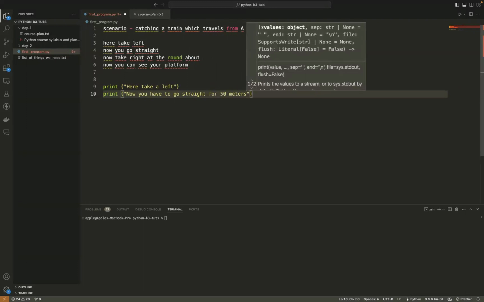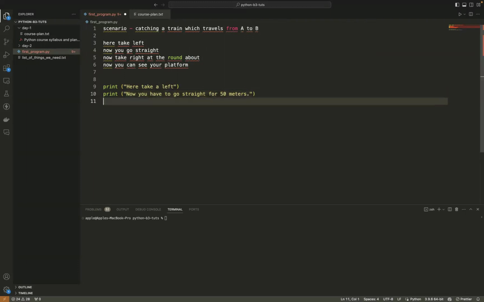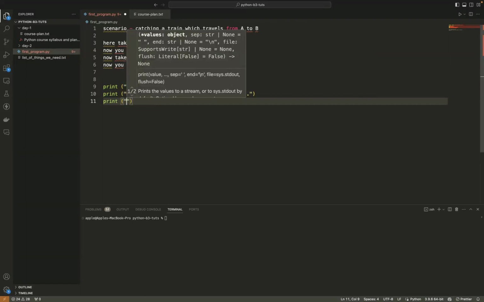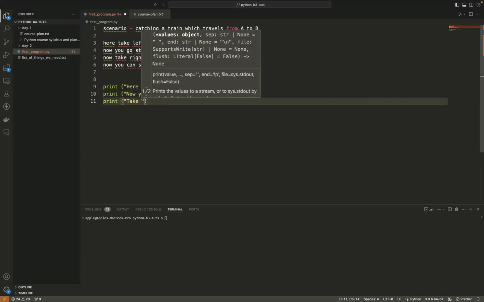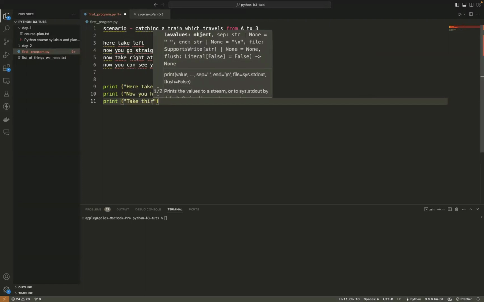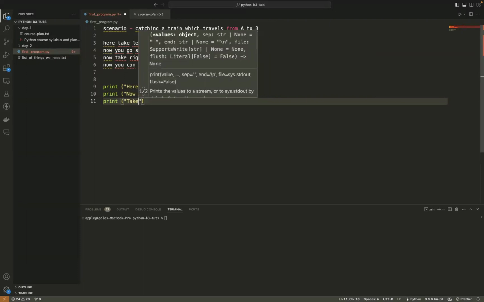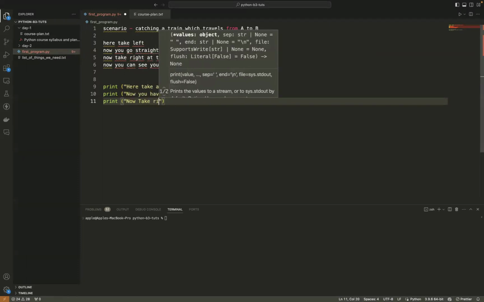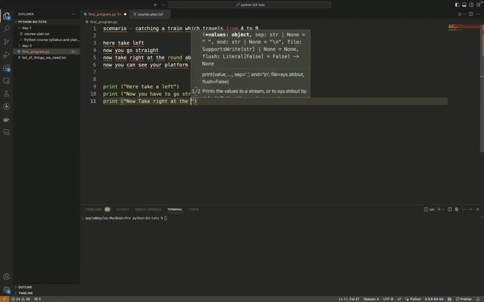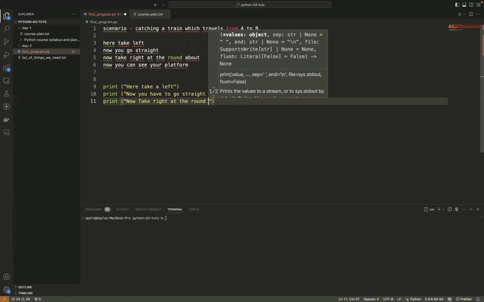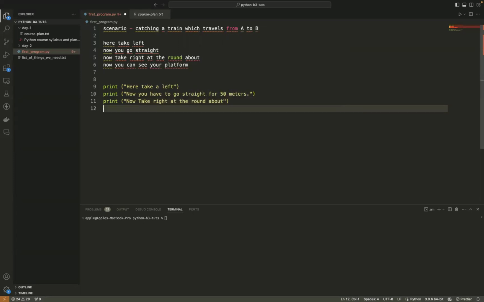I'm giving clear instructions. Now take right at the roundabout, a junction kind of thing.